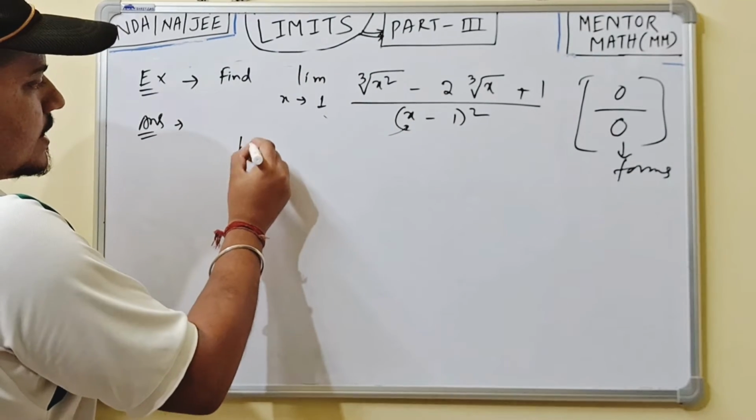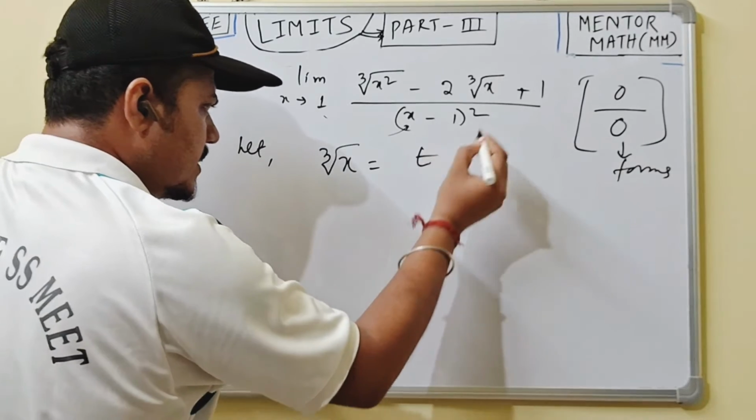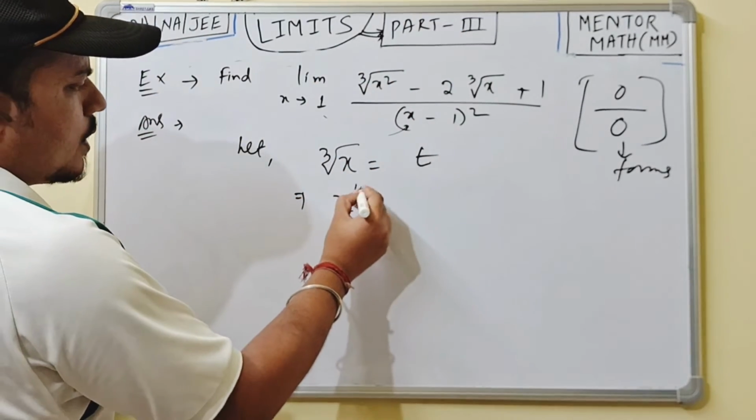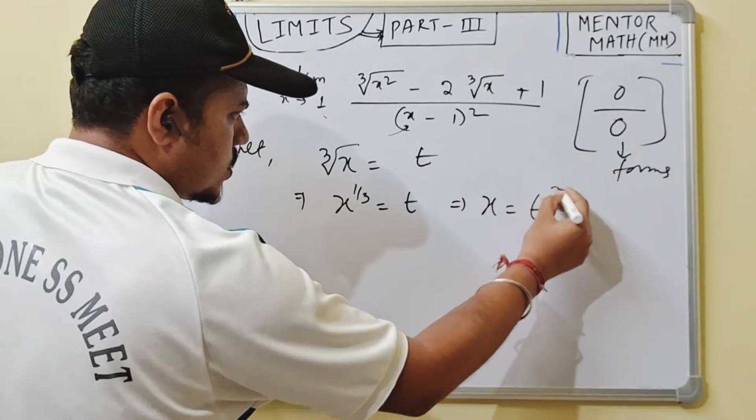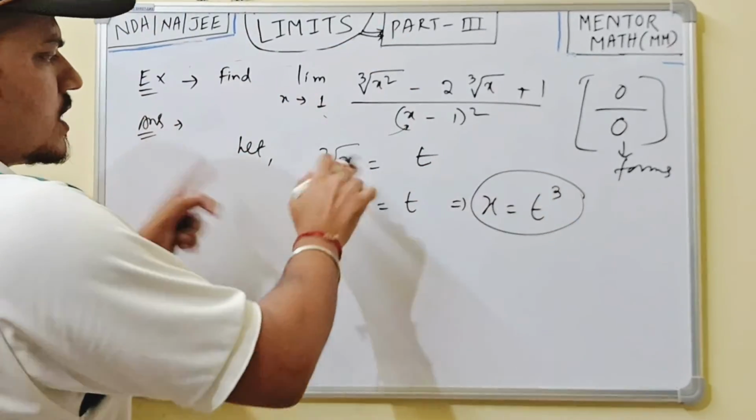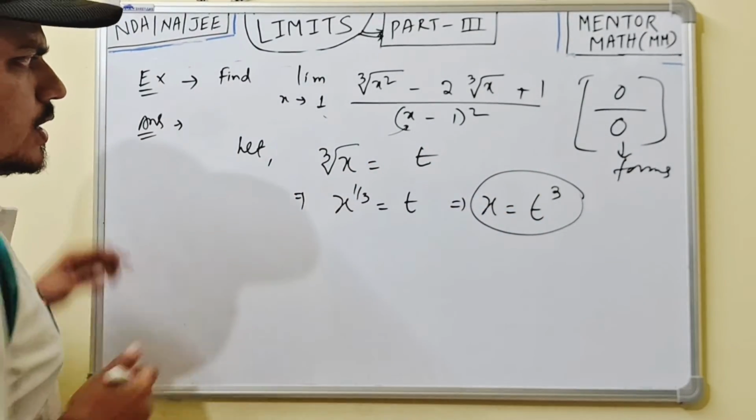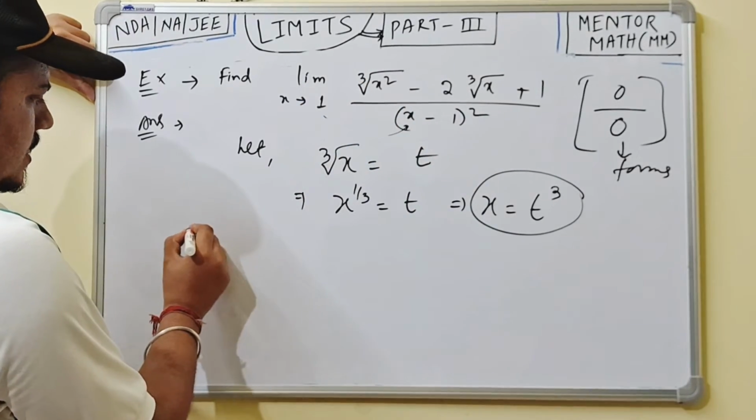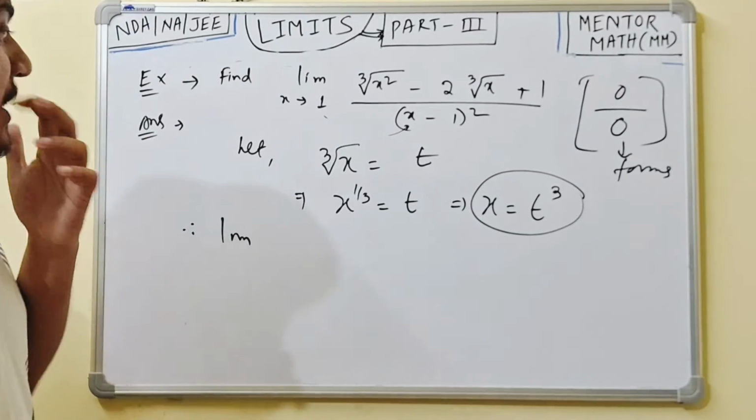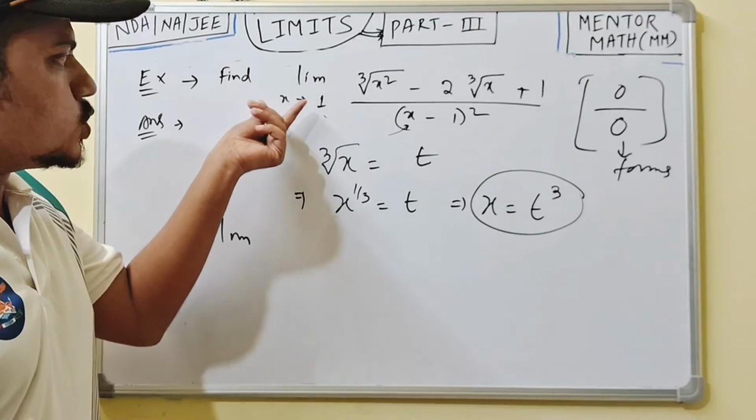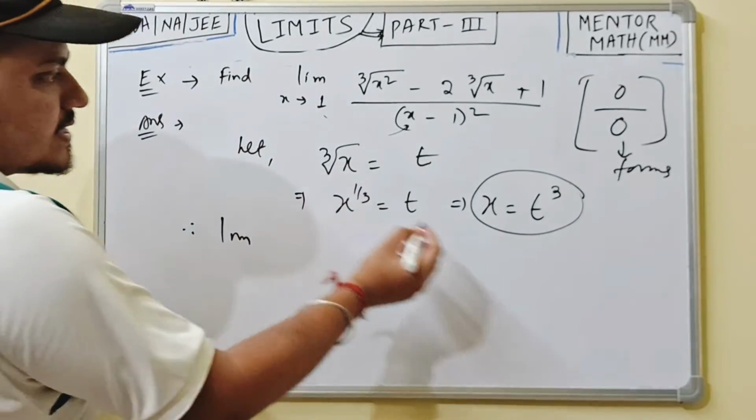So you can take, let cube root of x be equal to some variable t. That means x to the power 1 by 3 is equal to t, so x is equal to t cube. Both sides cube and the 3 cancels, so x is equal to t cube. Now one thing you have to see: if x tends to 1, you also have to change the limiting value for t. So when x tends to 1,